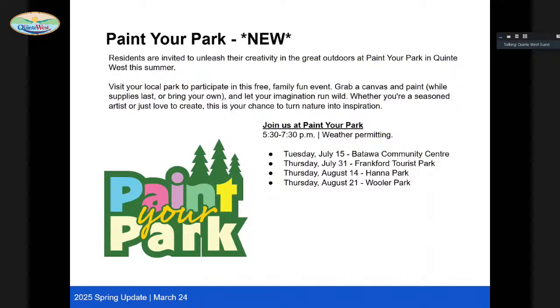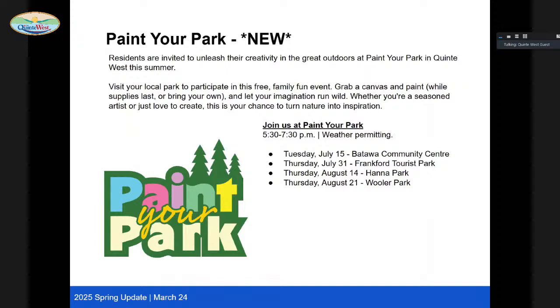New this year, I mentioned a minute ago that we will be building and expanding on our ward-based placemaking and programming opportunities with Paint Your Park. Over the course of July and August, we will be visiting all 4 wards with a free family fun outdoor creative drop-in paint night.